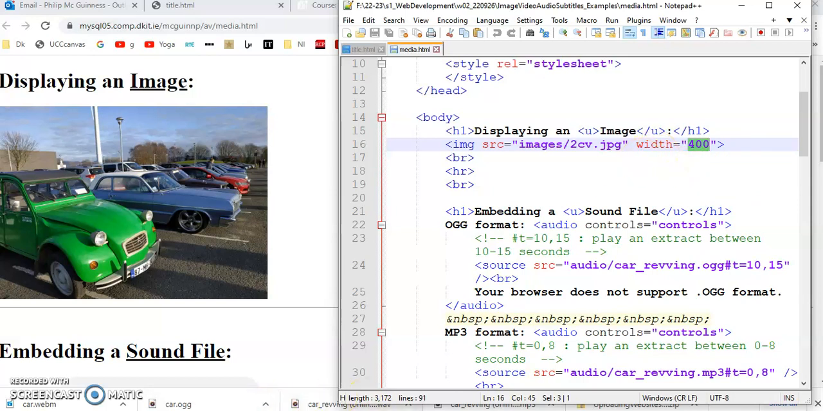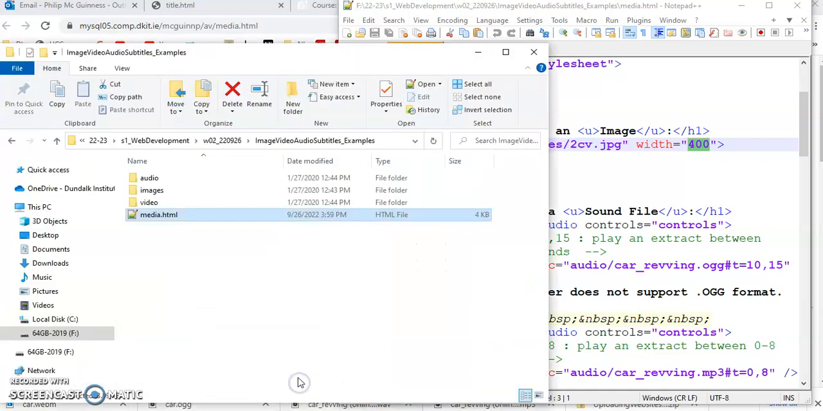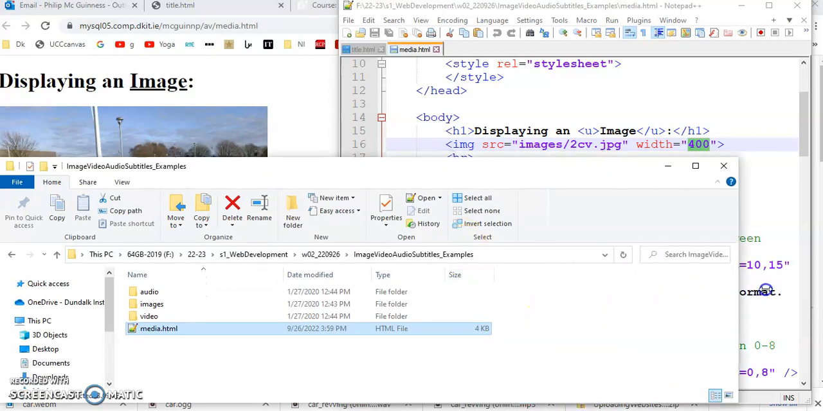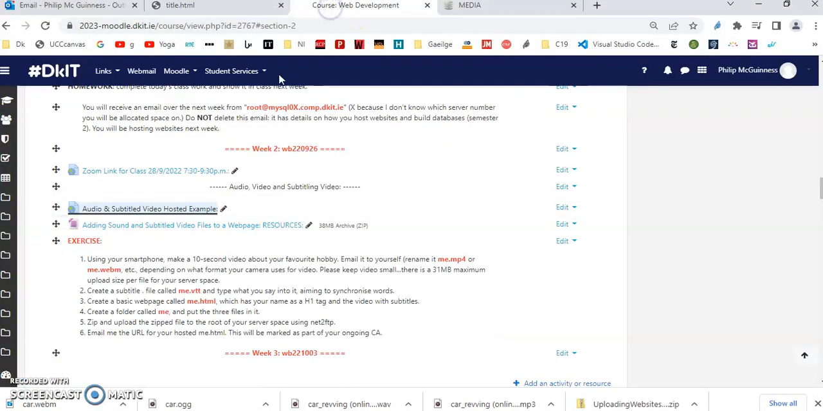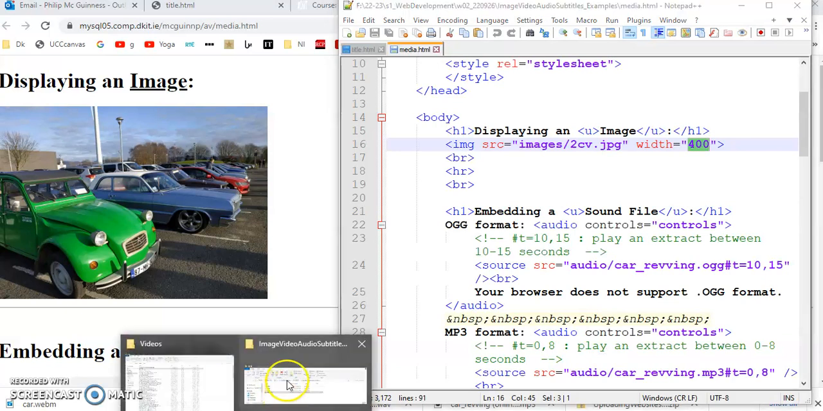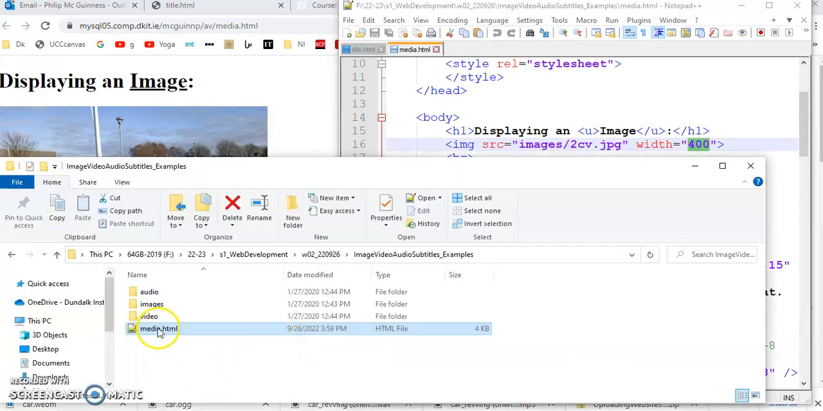Okay, let's have a look at the resources. So what we have in the resources that are also in Moodle, which I would encourage you to download and have a look yourself. That's them there. We've got the homepage, media.html. Here it is there. And then we've got our image